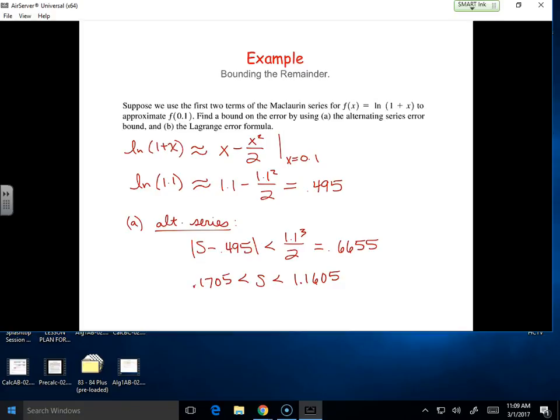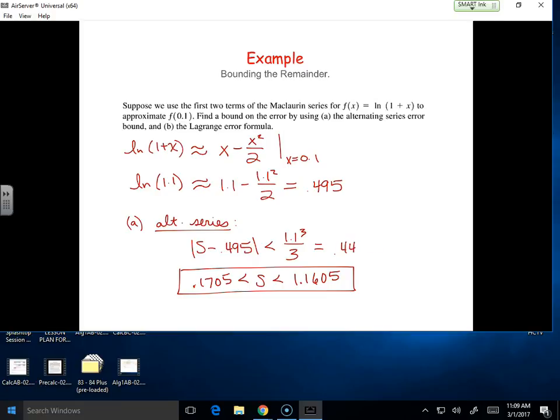Okay, so from the alternating series bound, we know the error has to fall in between. Once again, we've already brought up the point, not all series are alternating, so therefore we have to have another way of thinking about error with Taylor-Maclaurin polynomials, and we do. Wait, Miss D. Is it supposed to be 1.1 cubed divided by 3? Oh, it is. Thanks, Ken. I was just saying the same thing. This is the next term. So it's